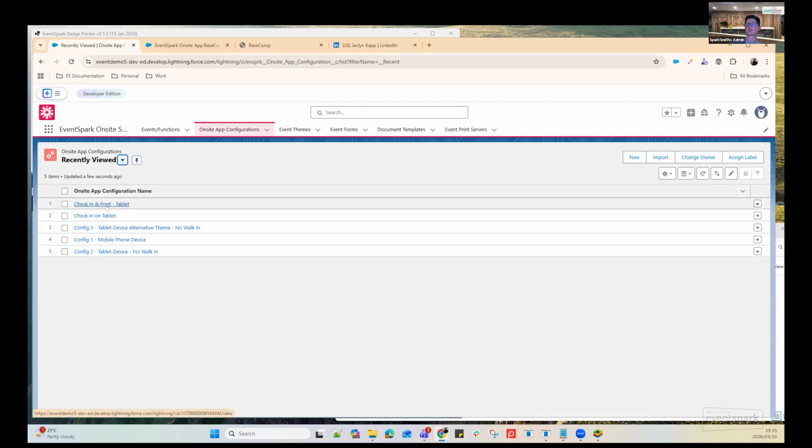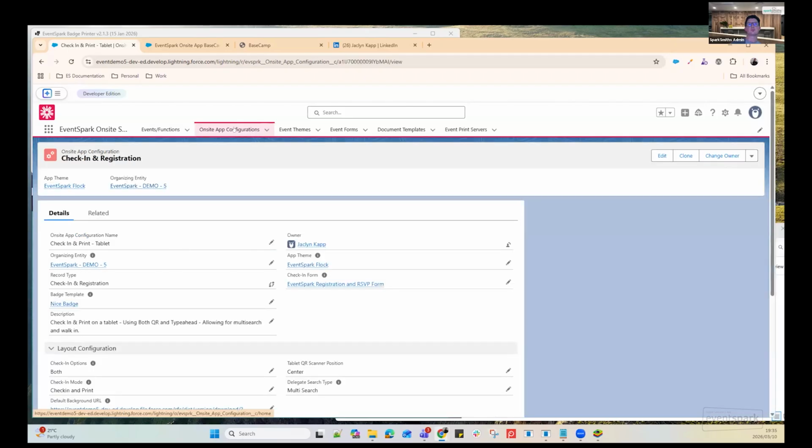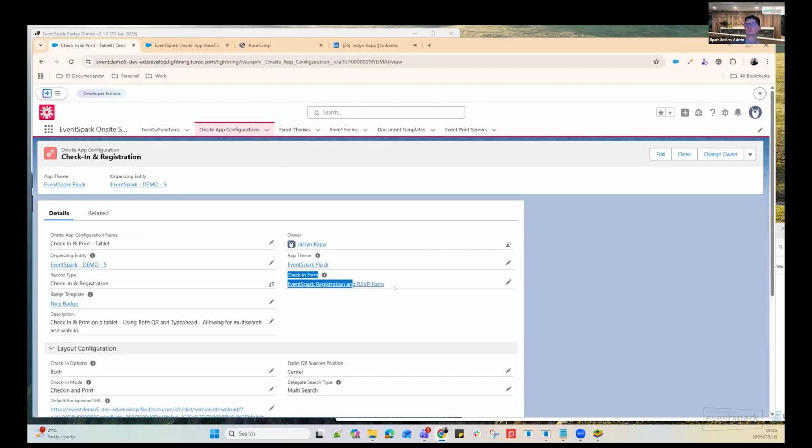And you can configure it how you'd like through this device. What it also does is it links your preferred theme, which is the EventSpark themes, exactly how we use EventSpark themes, and your check-in form, which is found under event form. So you can access these objects over here on this on-site space and configure it how you would like to configure it. I'm just going to use the general EventSpark registration RSVP form on this demo,